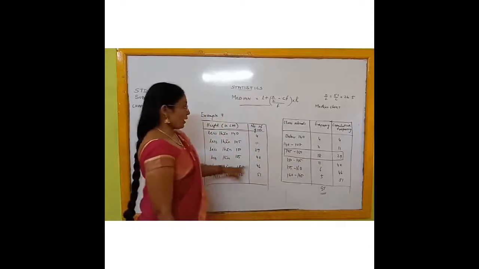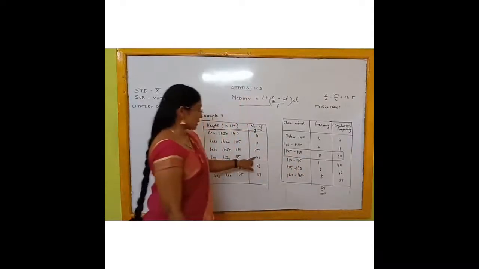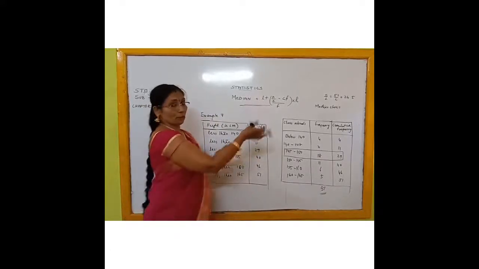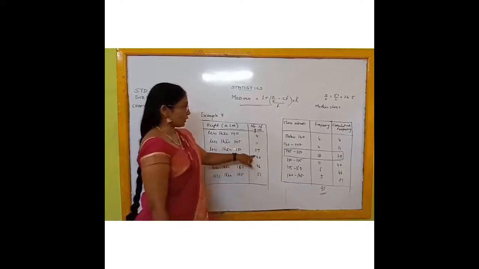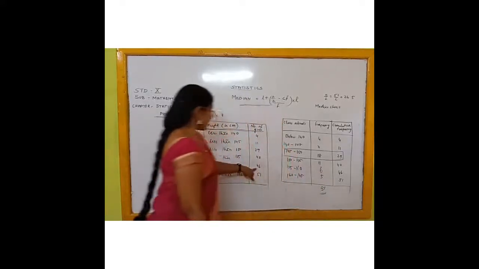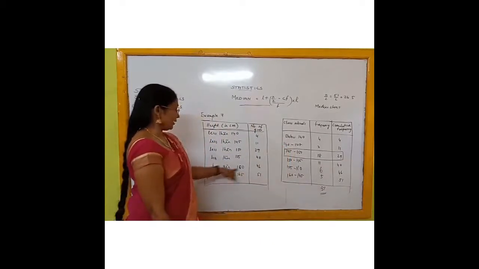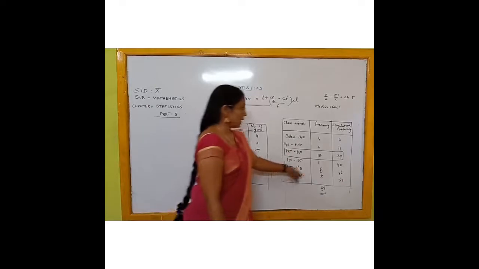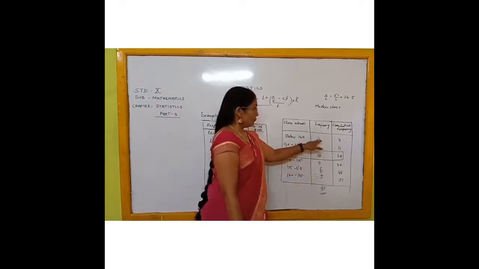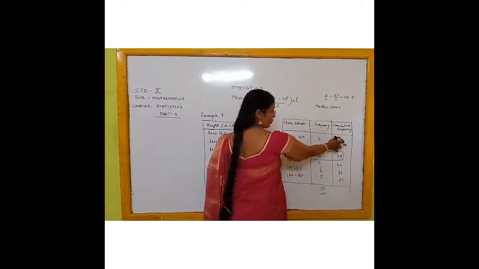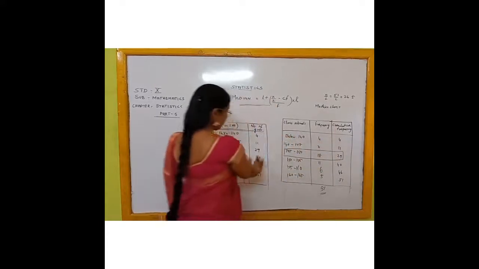Next class, 155 to 160. That means the difference of these two, because these are the cumulative frequencies. So you are going to make out the frequencies of the particular classes. So 46 minus 40 is equal to 6. And the last class is 160 to 165. It will come as 51 minus 46, which is equal to 5. Now, when you are adding for your cumulative frequency, you are just adding 4 plus 7, 11. In the same column, you are going to get again.